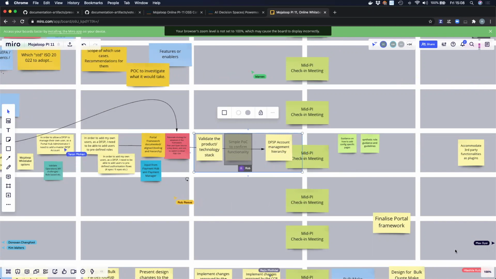Yes, if you want to add something now, I'm going to add over here the master DFSP account, and also, okay, let me edit this over here. Edit. Okay. Not duplicate. Do you want to add a sticky there? Yeah, and I'd also like to add the credentials